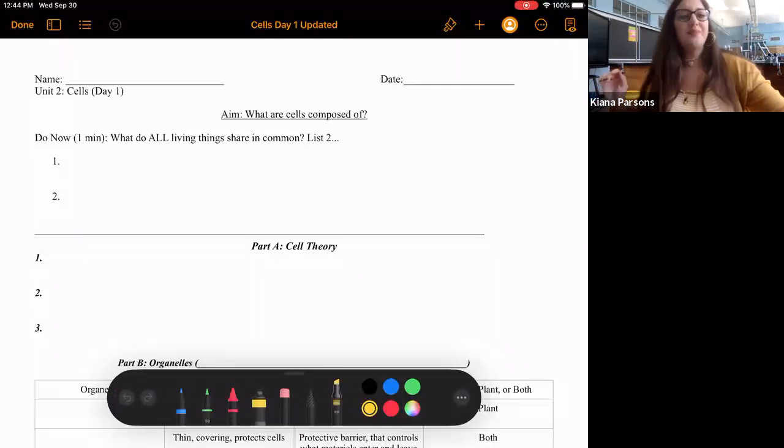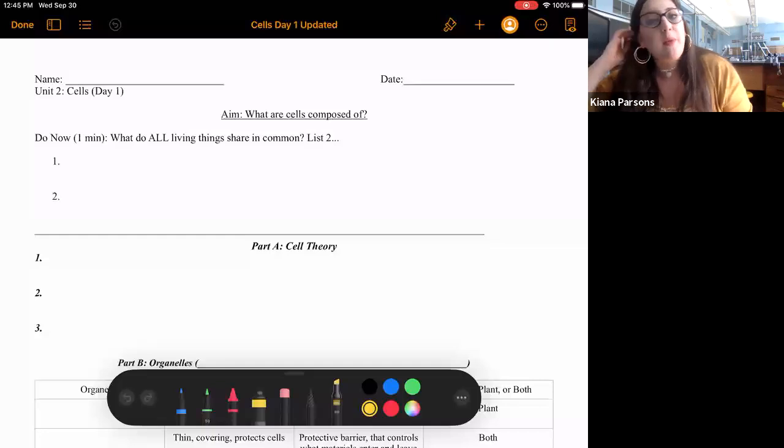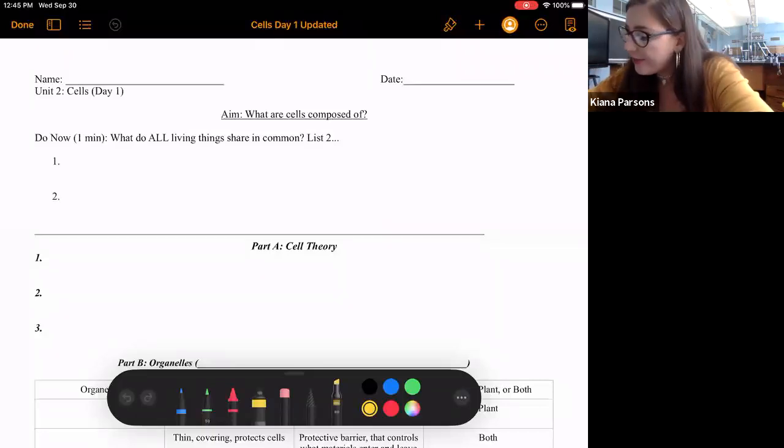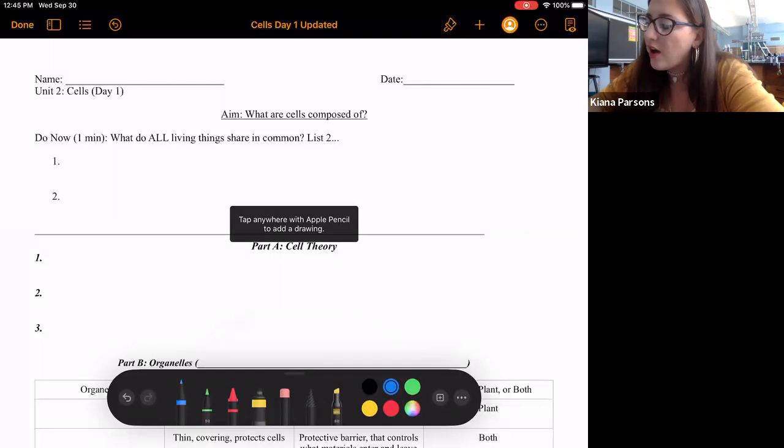All right. So we're looking at Unit 2, Day 1, cells. So today's aim is what are cells composed of? And we're about to find out. So at the top, the do now asks, what do all living things share in common? There are many answers to this question, as you may be familiar with the characteristics of life. So let's go ahead and write. What do all living things share in common? Well, we know that